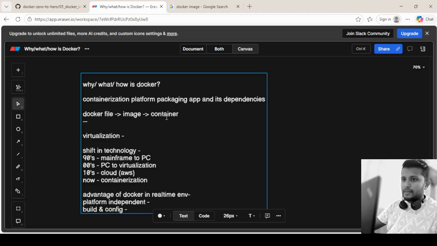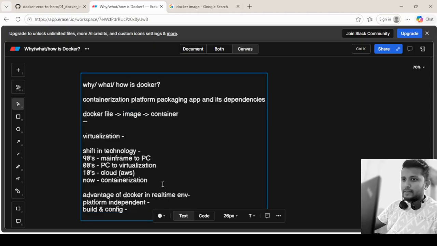So we build the application only once, most likely in the lower environment, in the development environment, with which the build and configuration happens only once. We don't have to worry about building an application for each environment or each platform, because we use the same Docker image across all the environments. We may retag it. We'll see about that as well. But otherwise, we use the same Docker image, out of which we run the container. So there is no concept of building or configuring an application for each environment separately.